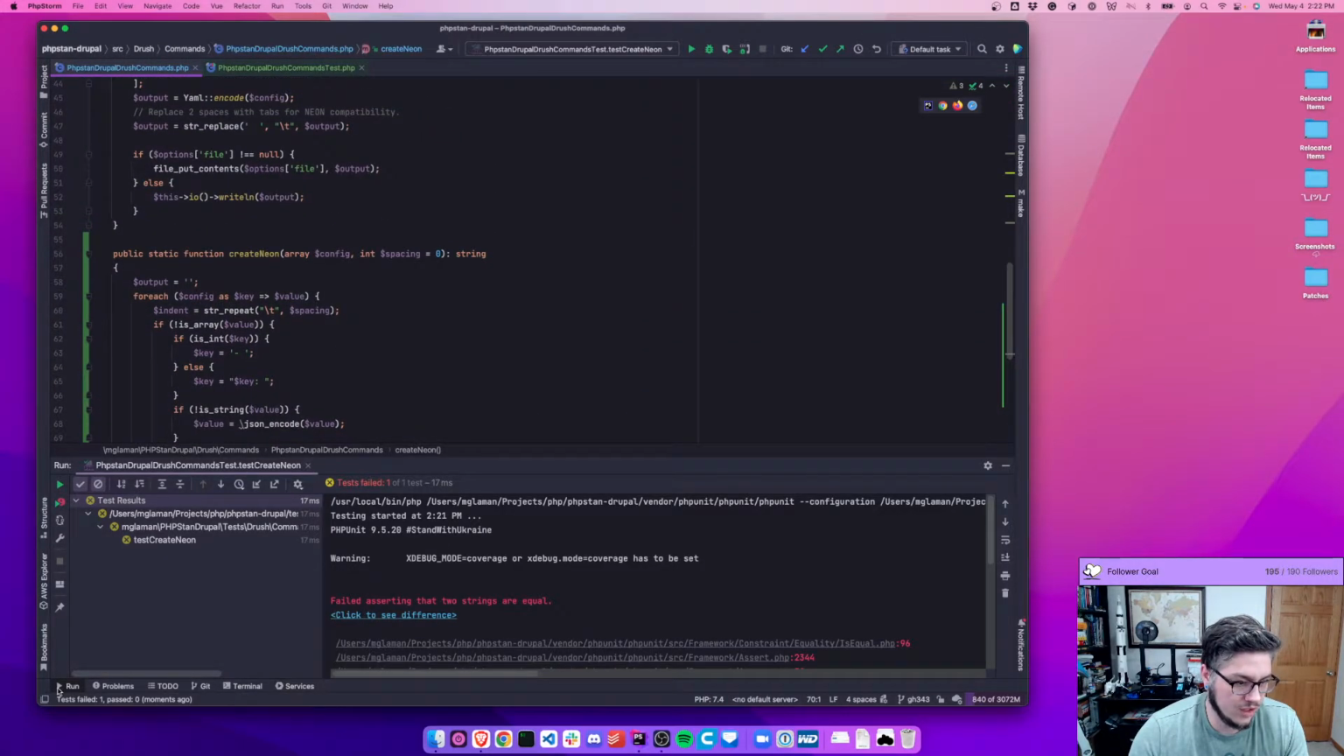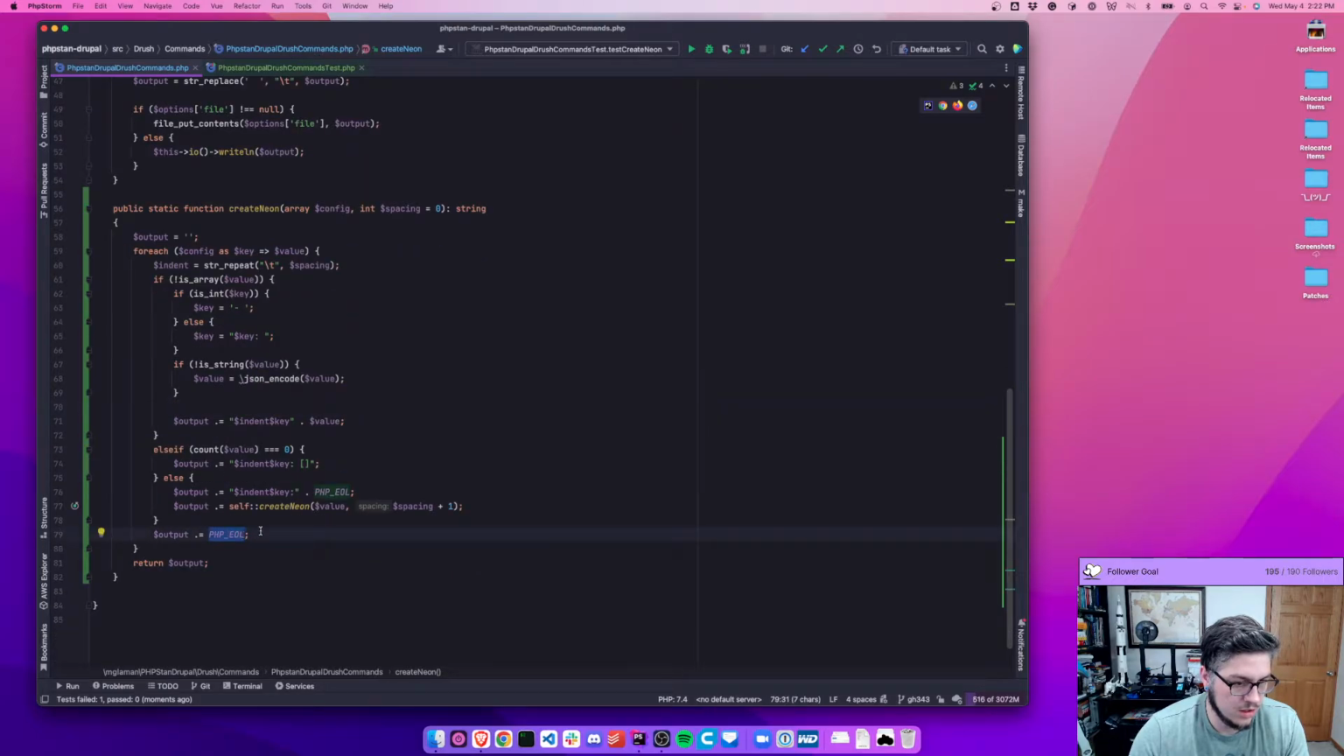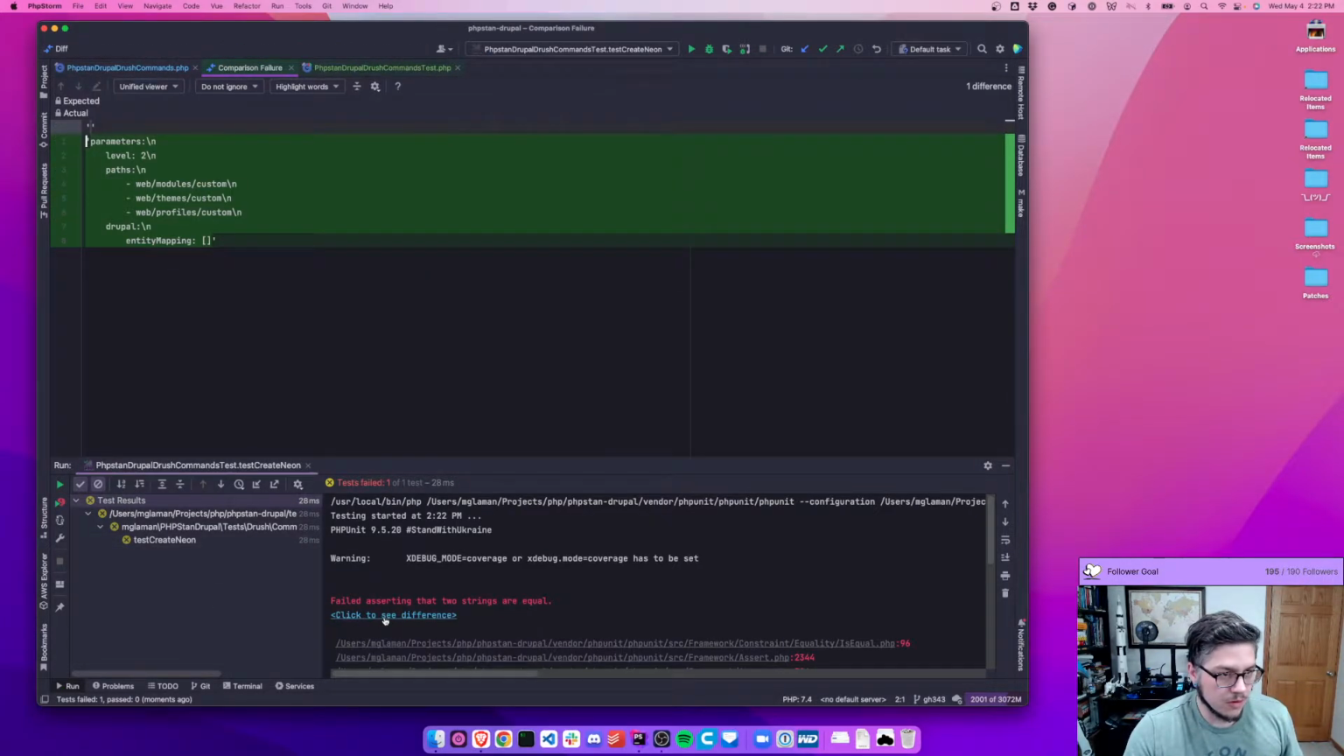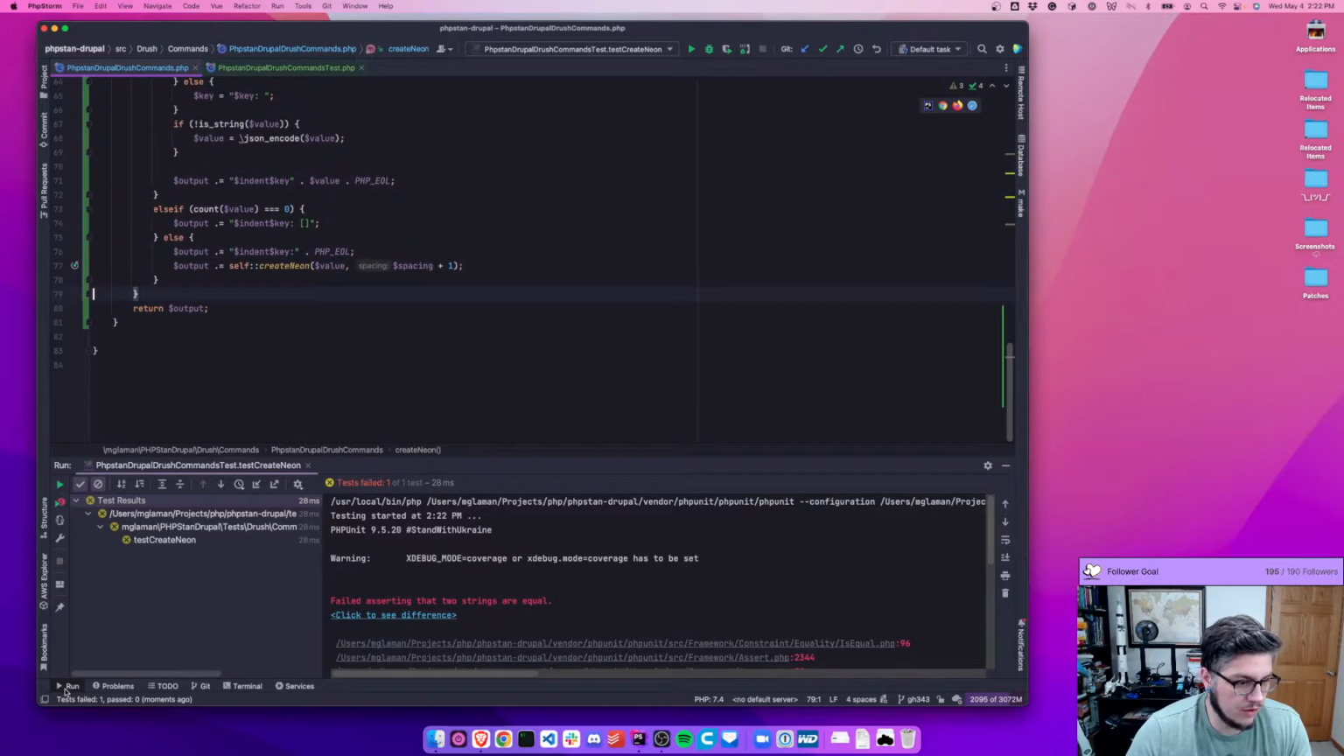Why is it giving all this extra trailing new line? Probably because of this here. So let's see what happens when I kill that. All right, that cleaned it up a lot. So let's go ahead. I'm going to copy this. Or no. What I'd like to do is